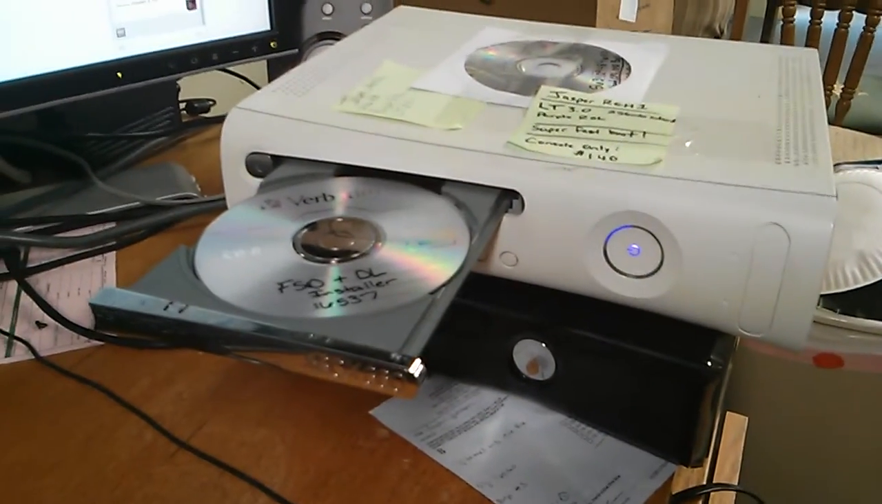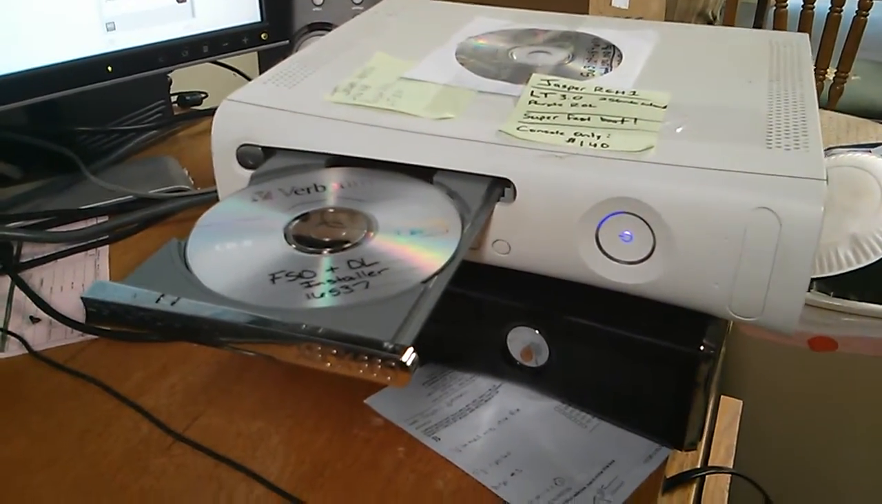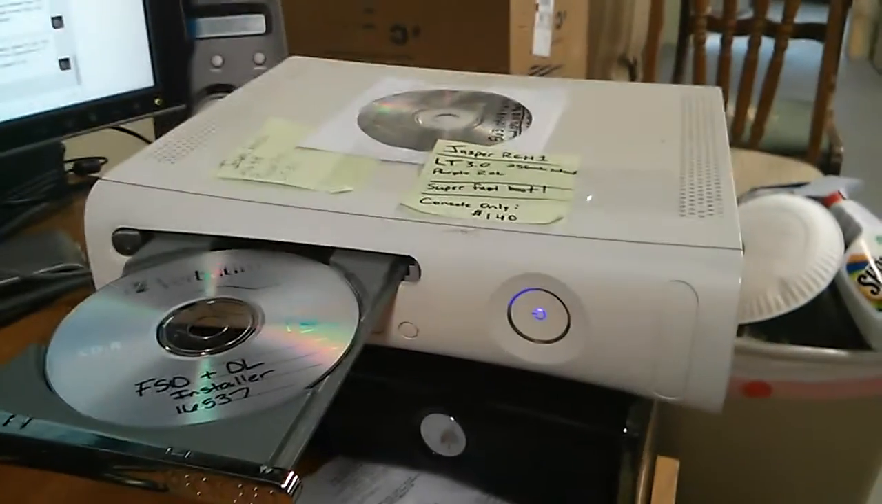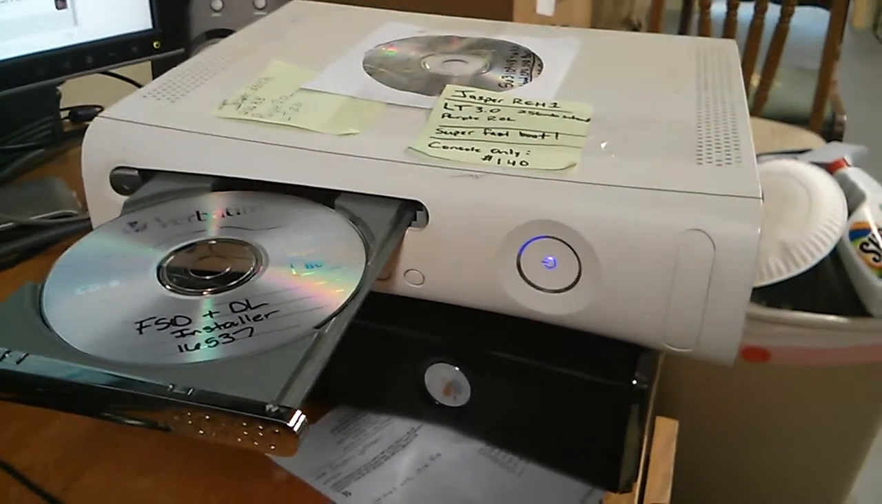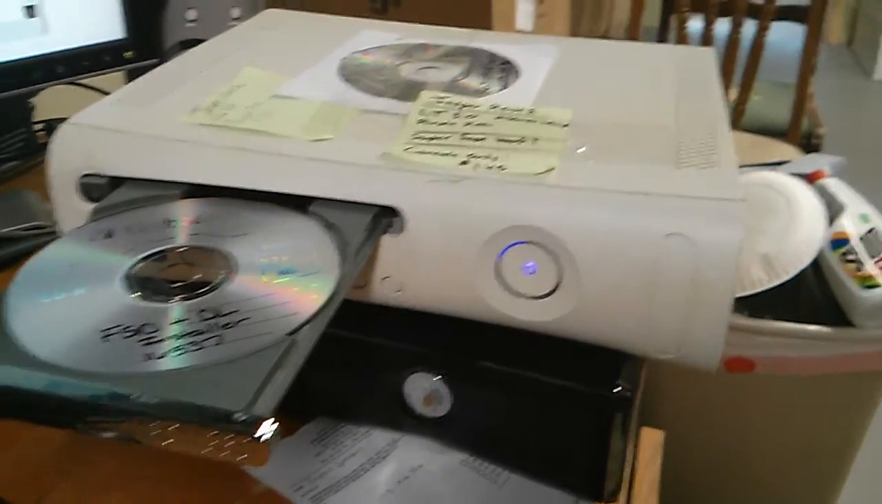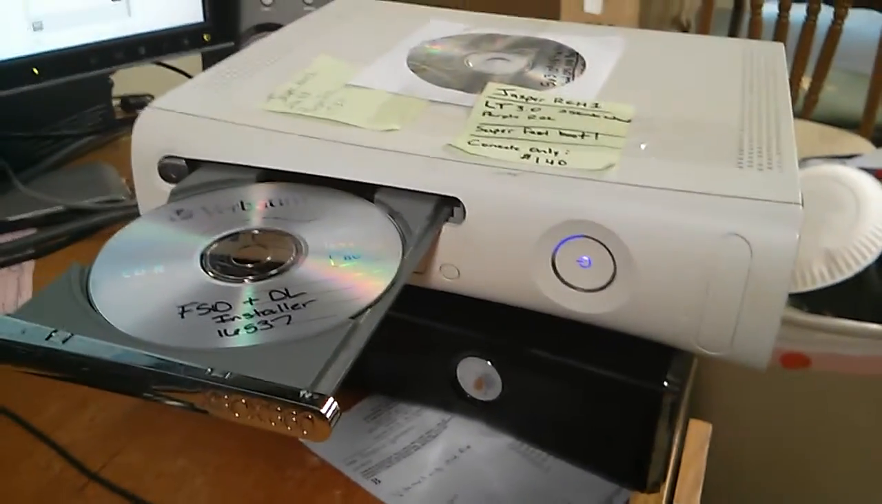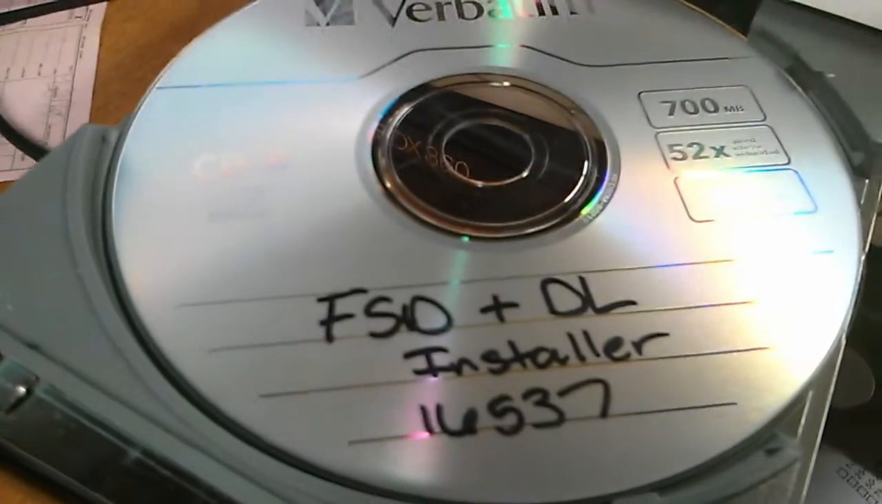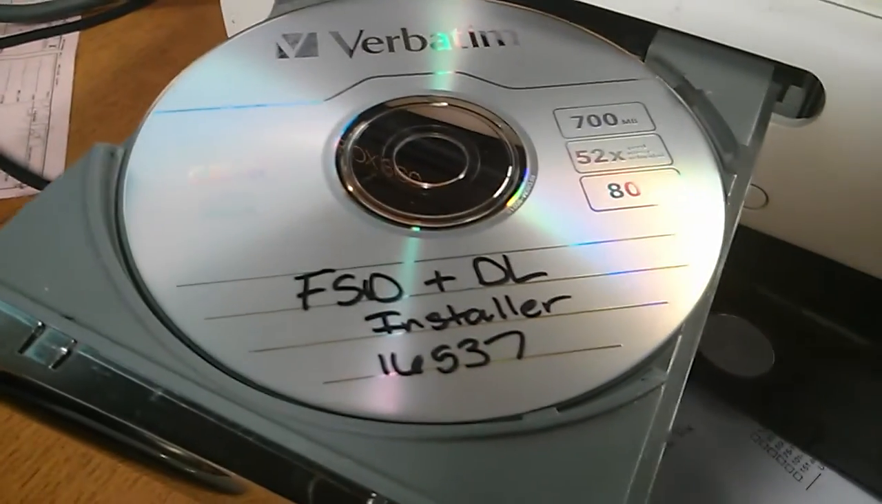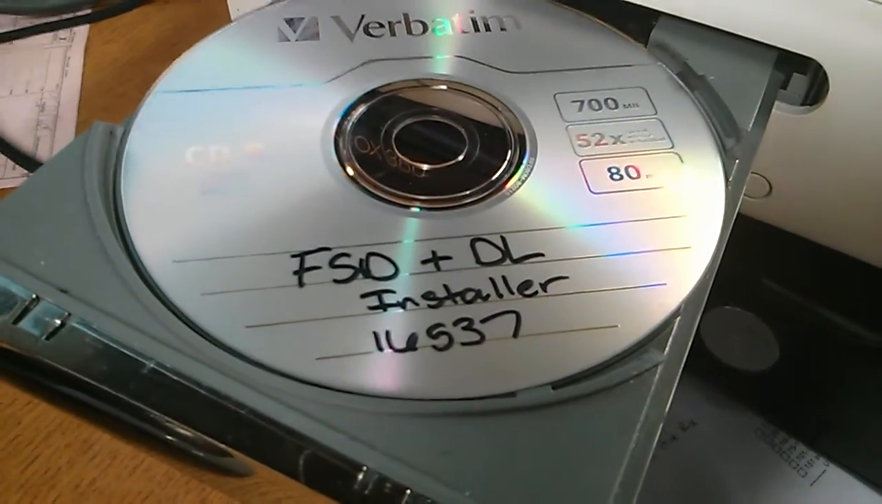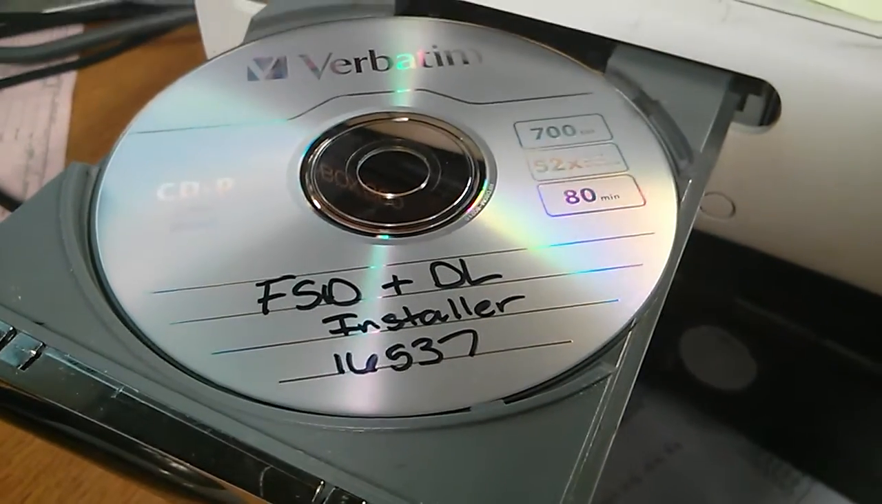Okay, so you've struggled through the tutorials, you've figured it out, and you finally have your brand new Reset Glitch console, or JTAG console, or Reset Glitch 2, or R-JTAG. Any of those would be able to use this guide. This is to help you get FreeStyle Dash, FSD, and Dash Launch installed and working on even the latest 16537